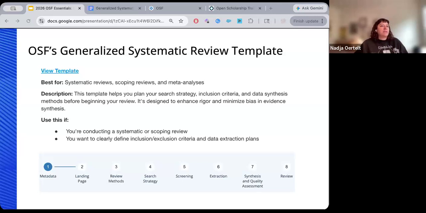But the goal of the template is not to force you to produce a polished document before you've started the review. It's to help you think through those methodological decisions in advance so that you can document them holistically, put them into the draft. And then when you do register, the information in there is precise enough that somebody else can follow your process. And that's what in our research makes registrations that are published on the OSF more rigorous than others.